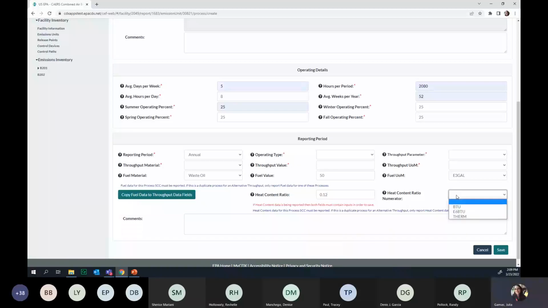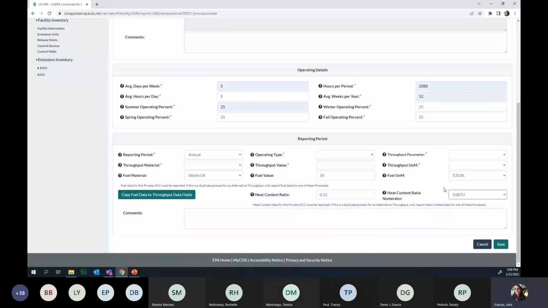It's only going to ask me for the numerator. Next year it is going to ask me for the denominator, because the assumption was that people were going to match up with their numerator. And sometimes they will and sometimes they won't. Now, hopefully I'm not confusing you, because I want to show you something else. As you saw, that heat content ratio was in million BTU per gallon. So I can do this,